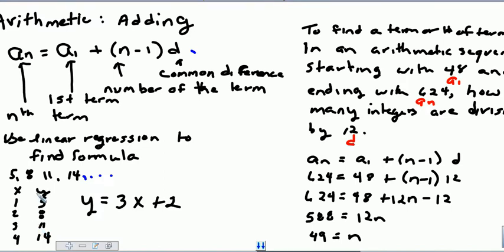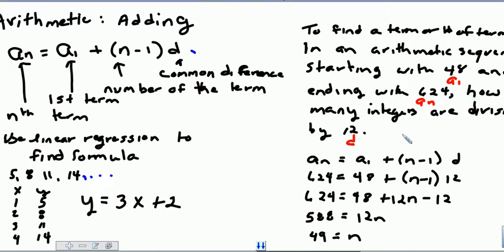and so on. For this type of regression, you only need 2 terms, but you can put in all of them that you have. That would give you an equation here of y equals 3x plus 2. So Stat Edit, put in your data, Stat Calc, linear regression. If I want to find a term or the number of terms in a sequence, then I probably do want to use this formula. For example, in an arithmetic sequence starting with 48 and ending with 624,